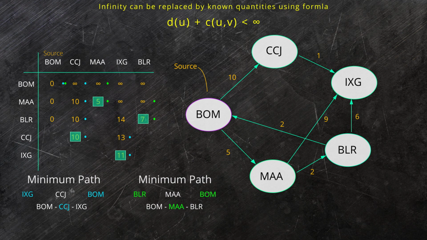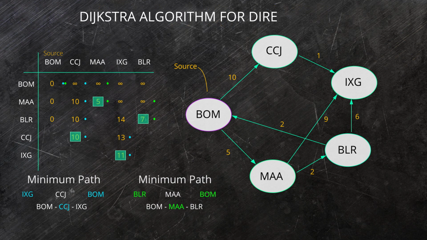Look at the second case. We'll be traveling from BOM to BLR. Where will be the selected node? It is BLR, the selected node. So that is 7. Was there a change? Yes, infinity has changed to 7. So when you shift the pointer one step backward, you have to choose the minimum value. The minimum value is MAA. So BLR to MAA. Now the pointer is set here, shift one step backward. Is there a change? Yes, infinity has changed to 5. So choose the minimum value. So that is 0. This is how you will be finding out the shortest path using Dijkstra algorithm for a routed or a directed network.